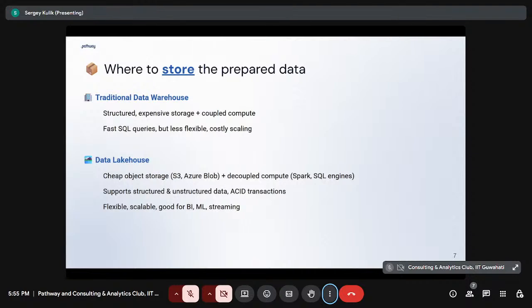So you can pick whatever you want. You can pick S3 because it's infinite and not so expensive. You can pick Azure Blob Storage. You can hold it locally. For example, you can organize some RAID on your servers and place the data on your servers. And for compute, you can select whatever engine you want. So you can select Spark, you can select the various SQL engines, and you can use them.